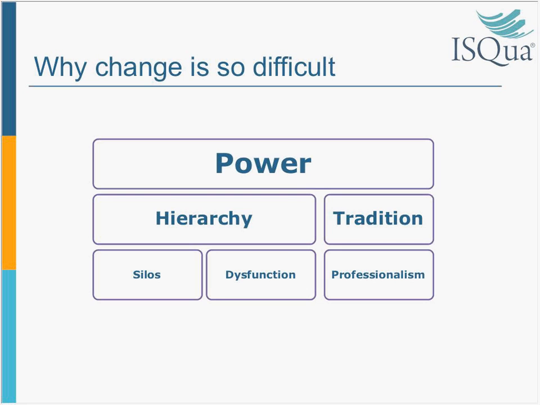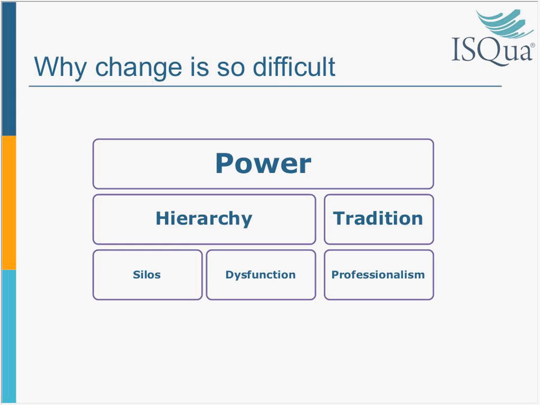As I reflected on my career, I think these are the things that really make a problem. Firstly, we still have an issue of power. Who controls things? Where do patients stand in relation to the doctor, or where do the nurses and allied professions stand in relation to the doctors in our healthcare service? Healthcare is still very hierarchical. We know that this exists in many of our organizations, and often this is based on tradition of how it's always been done. People always say, this is the way we do it here.